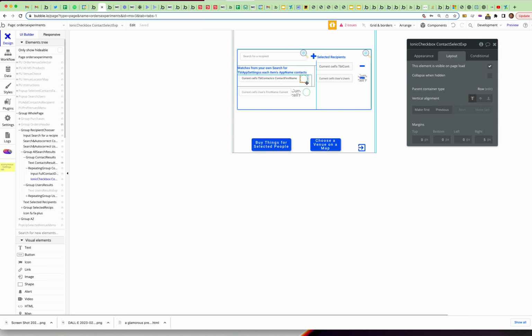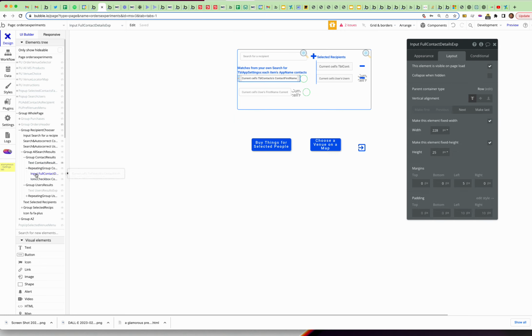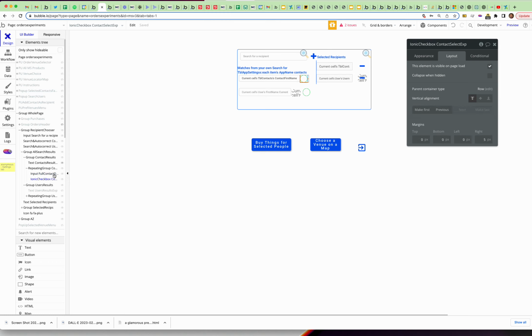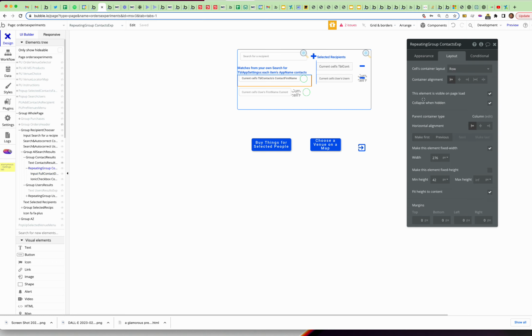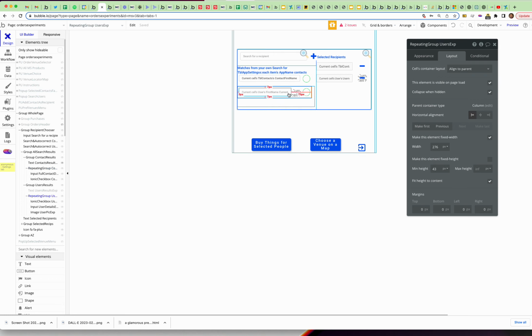And then in here, in that repeating group, we've got these two things. So if we want a little bit of space between those two things, let's just spread them out inside that container. That's sorted that out. And then in this one, probably the same thing. Because the container that the repeating group is in is fixed width, we can just tell these